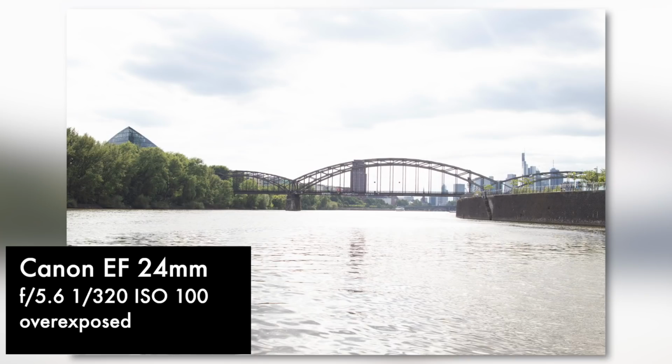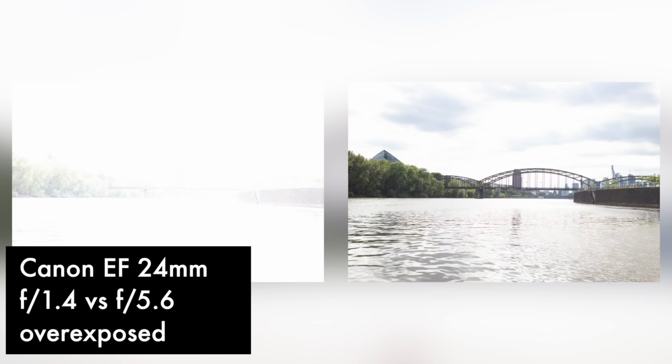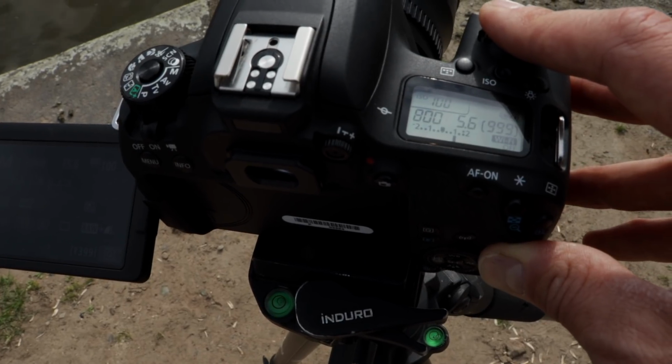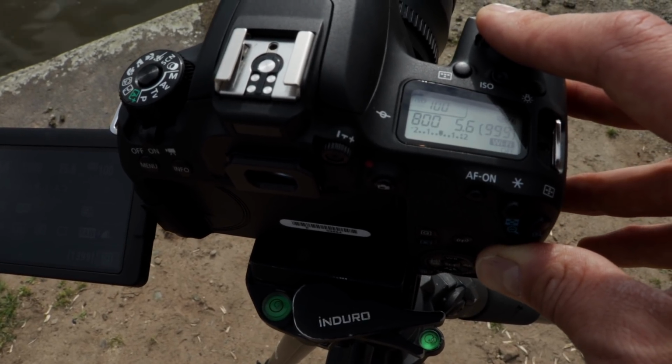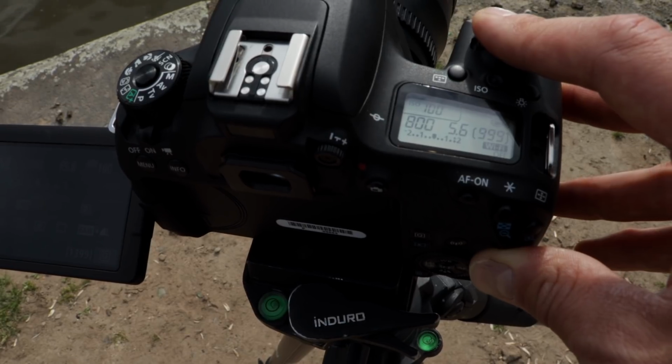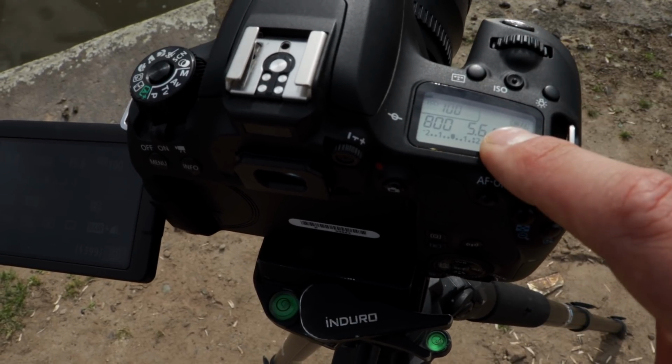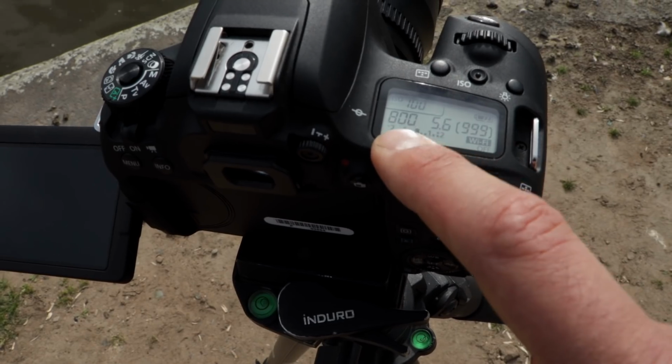As you can see, that's much better than the previous photo, but it's still a bit overexposed. But at f5.6, the photo is already quite sharp. So let's try something out. We would like to get the same photo which was correctly exposed, but using a different aperture, 1/800 of a